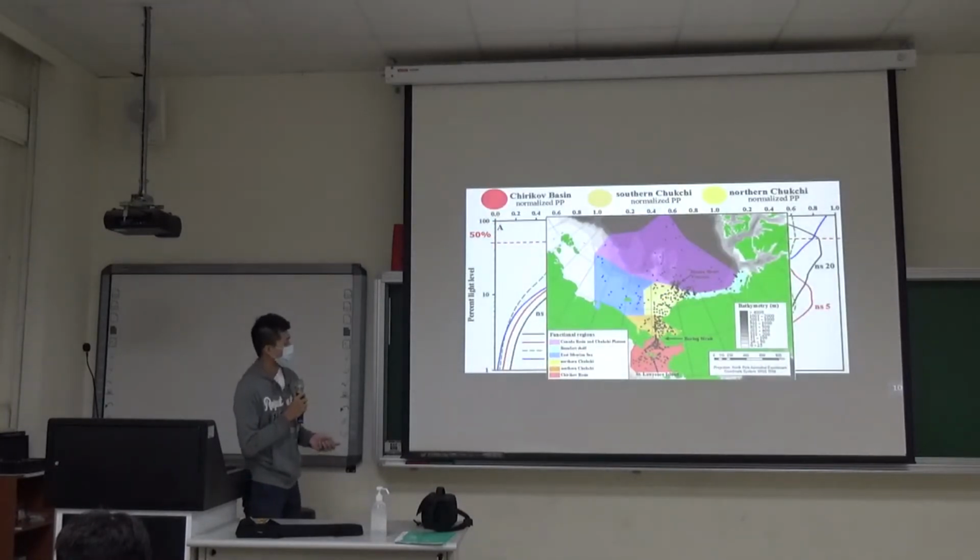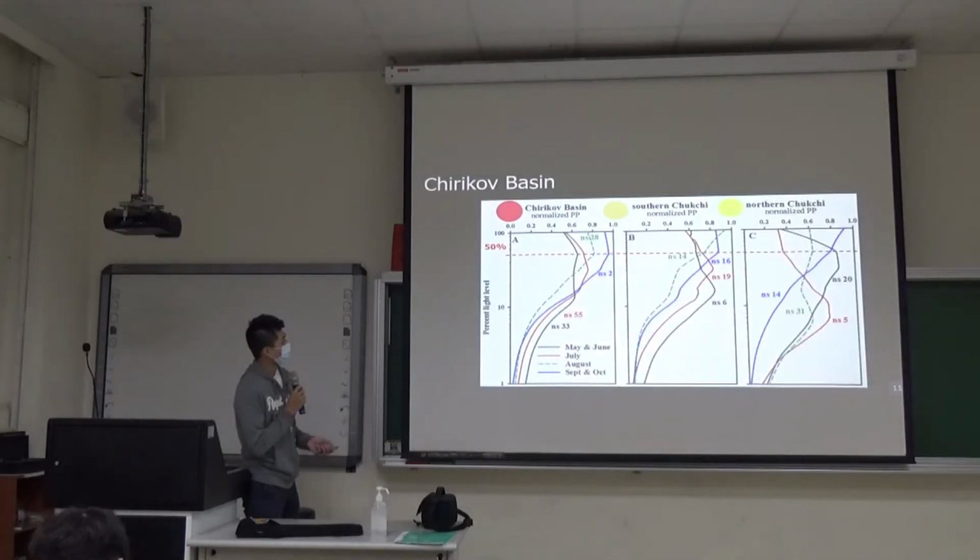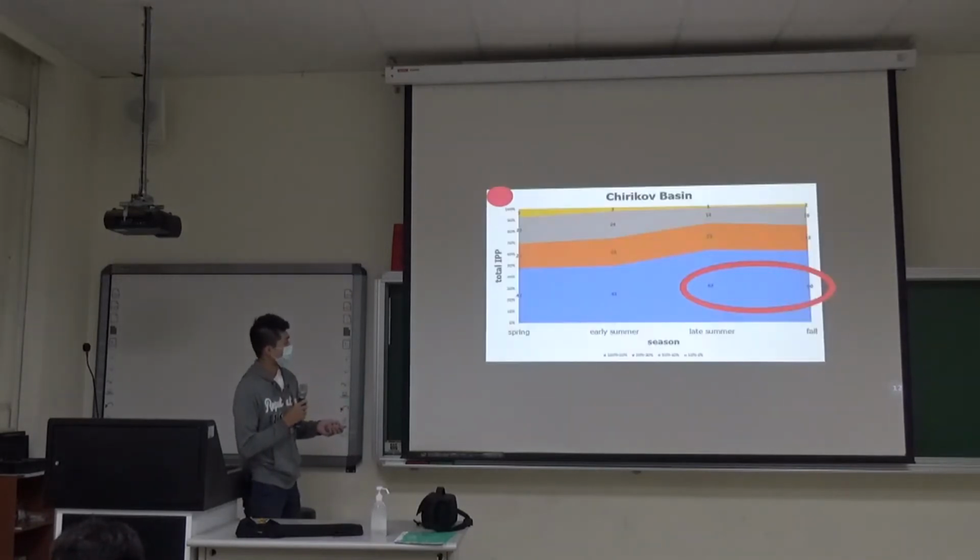First I have to introduce the southern part of this region. So in this plot we can see this region. We have both sides in this plot. In the spring, its peak is going higher in these regions. But the significant thing is that in the late summer and fall, they have the